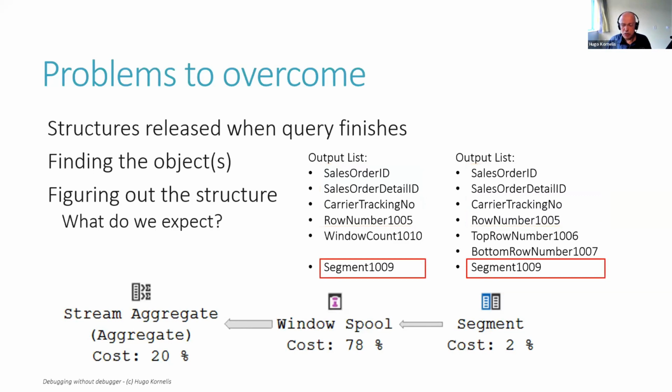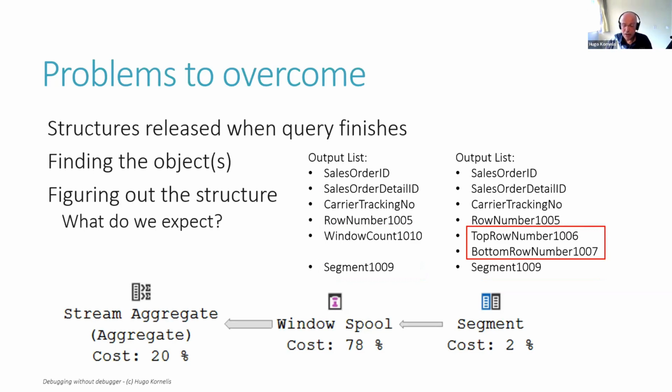The segment 1009 column makes the same kind of sense, although I can imagine that you would not store it and simply use it, because this is a column that's used for internal processing in the window spool. So it should be in memory at all times and it doesn't technically need to be stored, but I might expect it there anyway. Then we have the top row number and the bottom row number, and they should definitely be in the window spool because if the window spool is working on the row with current row number 20,000, it needs to